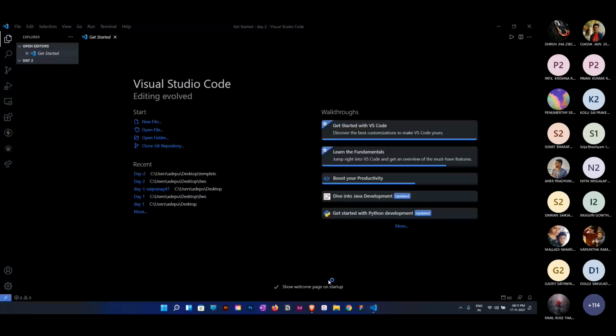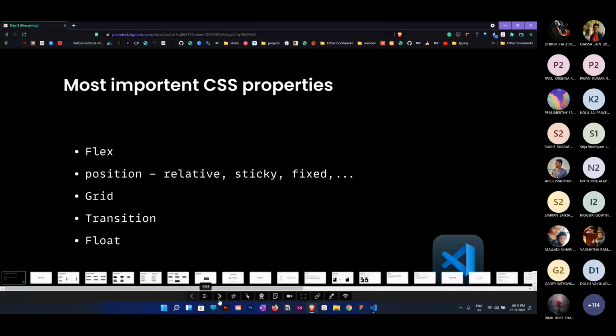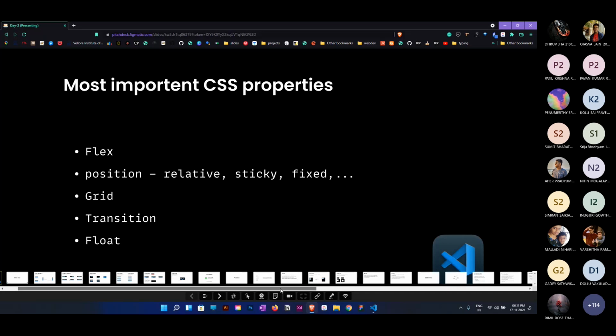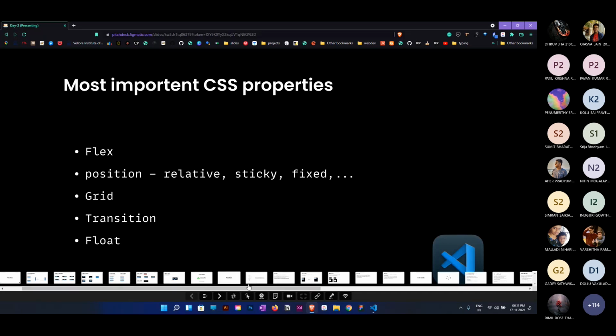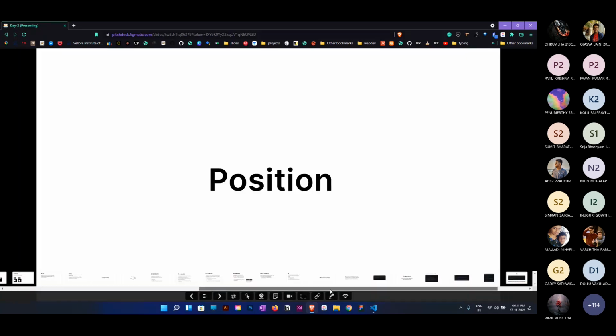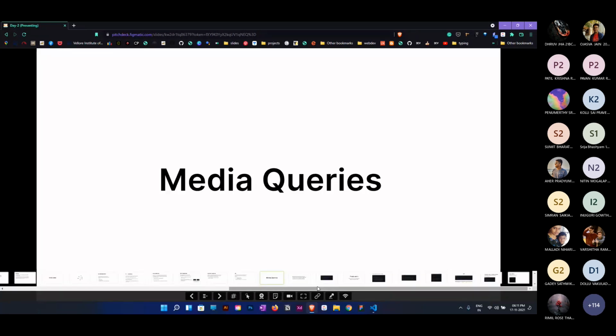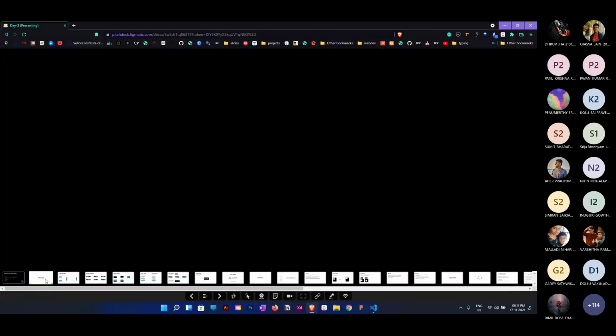Cool. And today we are going to discuss advanced CSS topics, or rather the most important CSS topics, not completely advanced, but the mostly used ones, like flex and position. We are also going to discuss CSS units, the different types of CSS units and all those things, and also responsive designs: how to make your website mobile responsive. It's going to be a pretty fun session. First of all, we will get started with Flexbox.